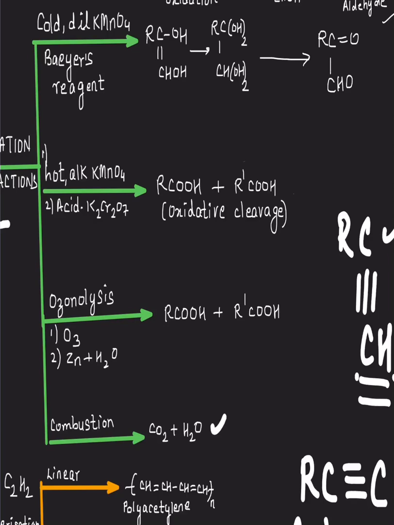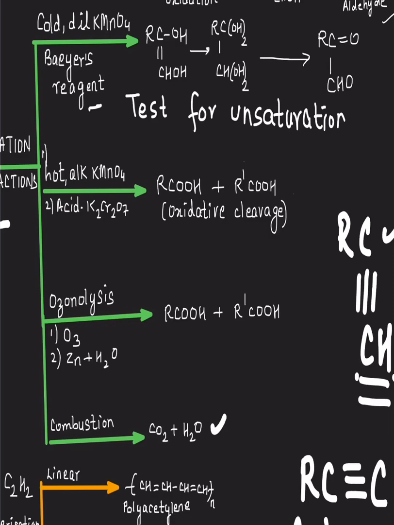Now the first one, if you see, it's cold dilute KMnO4, also called Bayer's reagent. Yes, we have used it for the test for unsaturation of organic compounds. Yes, we have already spoken about it under alkenes. I am not forcing you to go to my video. What I want you to do is to understand alkenes and come back to alkynes then. So cold dilute KMnO4, Bayer's reagent, the pink color gets discharged.